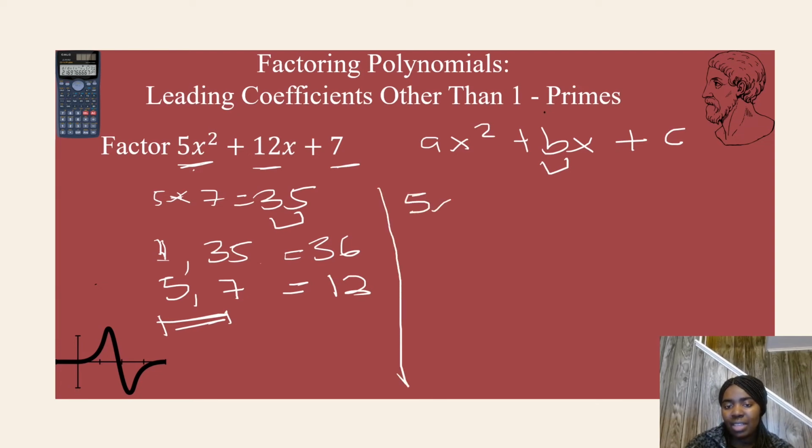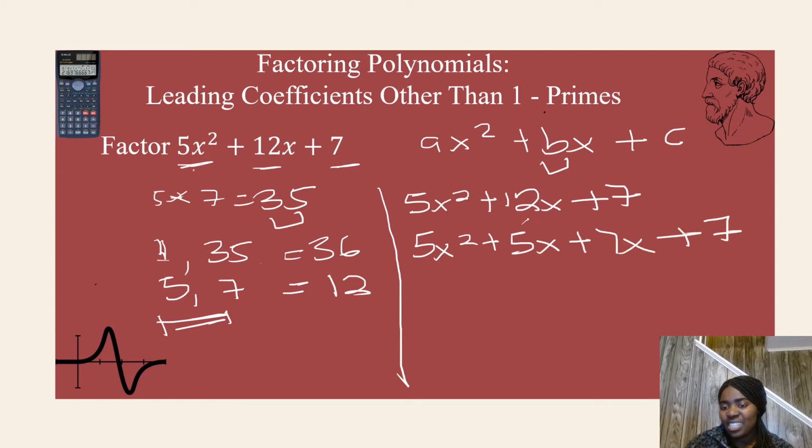So we have 5x squared plus 12x plus 7, okay? We're going to split this up into 5 and 7. We're going to split the 12 up into 5 and 7. So I'm going to have 5x squared plus 5x plus 7x plus 7. Now, if you can see, you already see that you can easily factor this one out and factor this one,